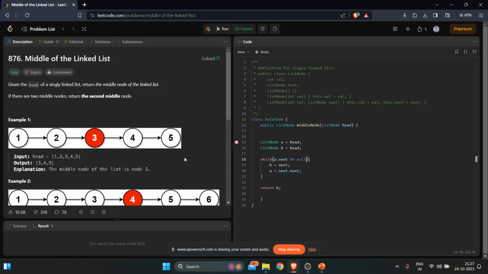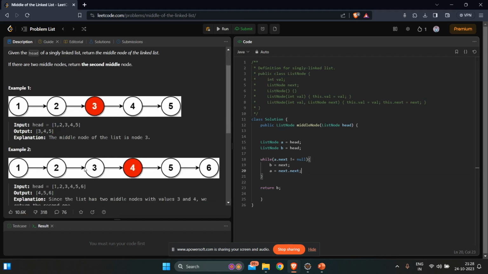This is the ideal case, or the most obvious case, but there is another case. As A runs twice as fast, there is a chance A could jump to null himself. That also means that he has reached the end. He has passed the end, actually. Let me explain here. A goes from 1 to 3, 3 to 5, and reaches the end. And now slow goes here and here, and slow is in the middle, right?